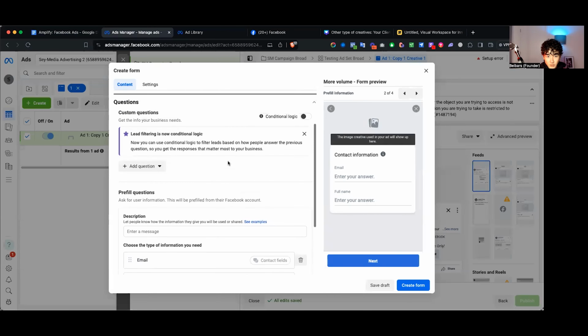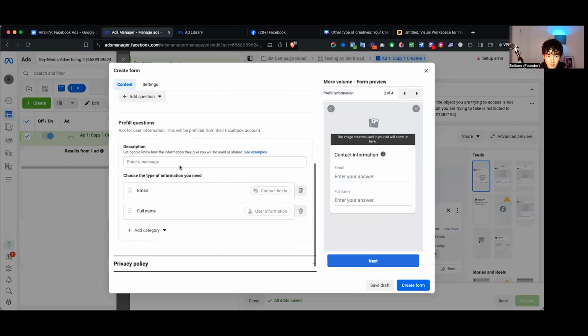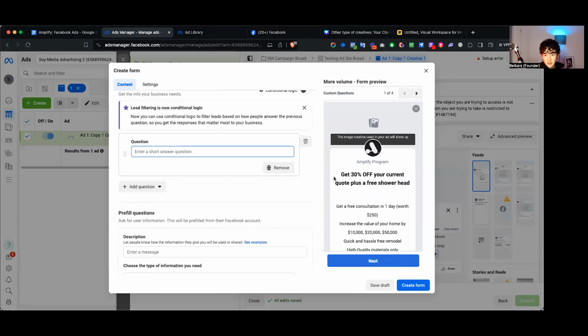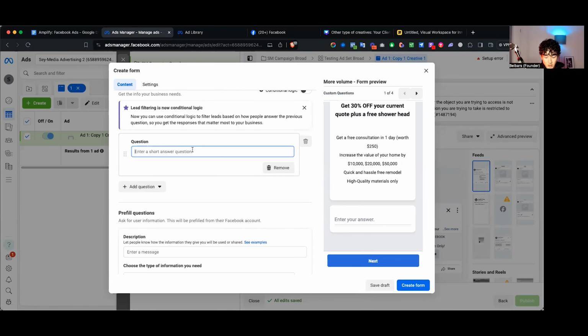Questions, right? So you can use conditional logic to disqualify people. The best question I'd say is short answers, to get people to manually type out an answer for you. Because if people take the time to manually type out an answer for you, that means they're more qualified or more serious. Whereas if they click the multiple choice question, it doesn't take that long to click it, right? So they can just click, click, click, click and get it over done with. I usually like to go with short answers. And my question usually would be